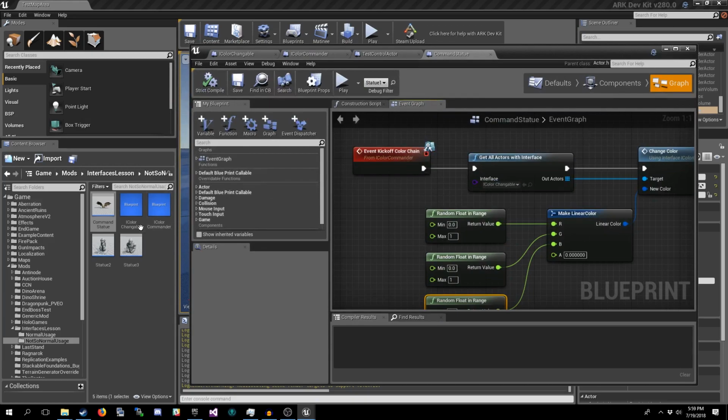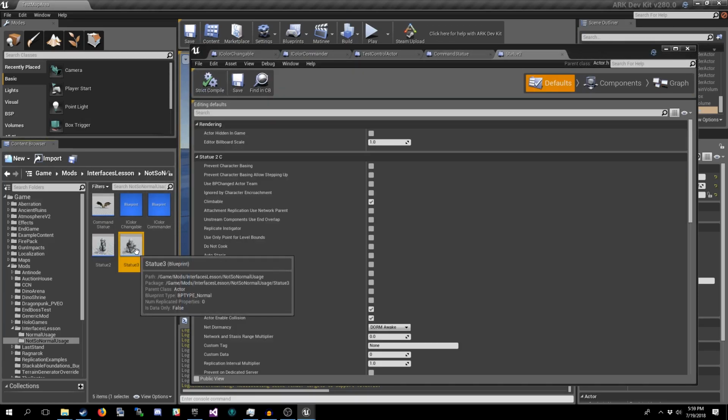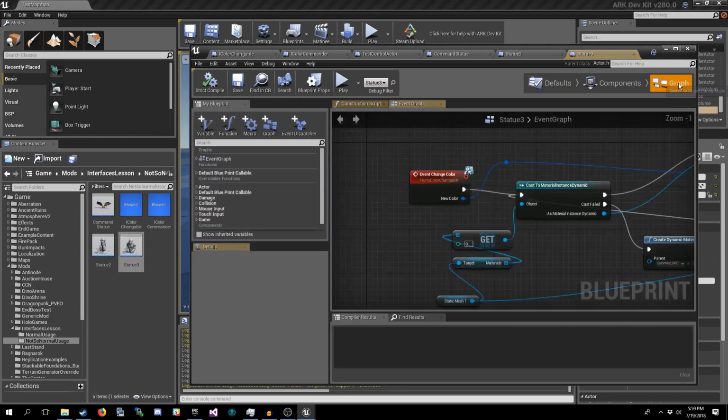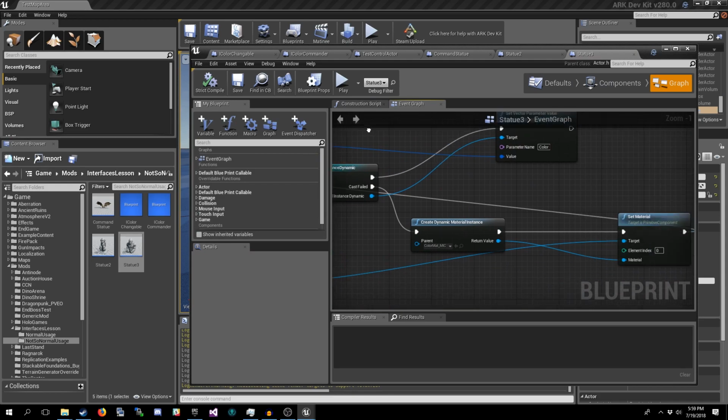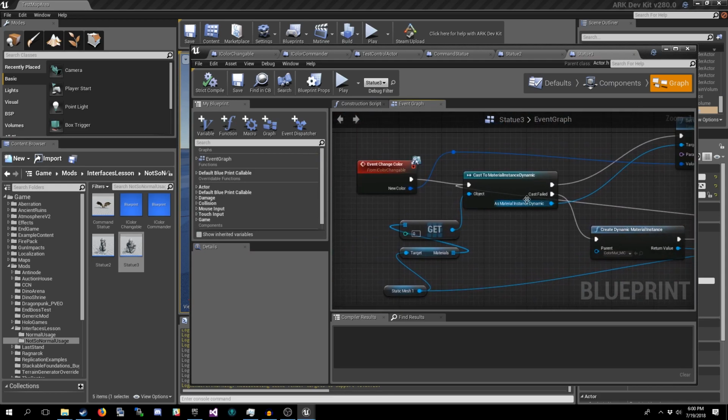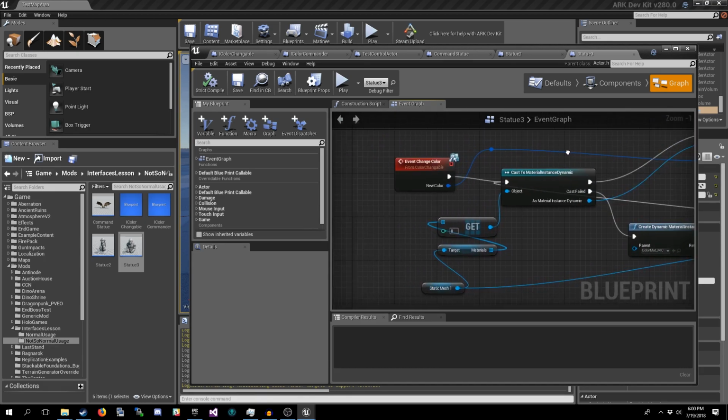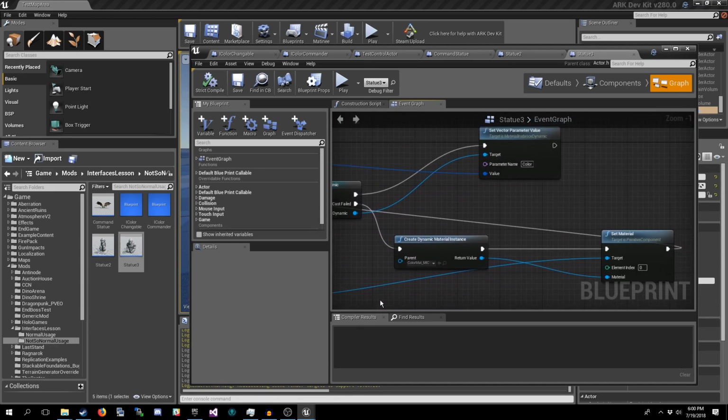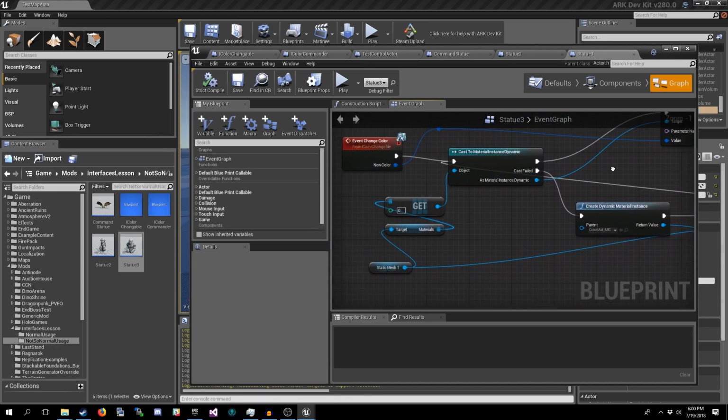Now on our statues here, they're both doing something slightly different again. They're doing the same thing with the color as each other. Okay, and this is very similar to what we were doing on the other actors during our more orthodox. The color is just an example type thing.